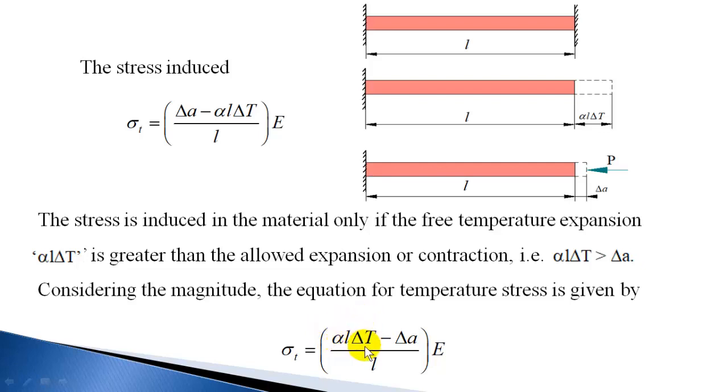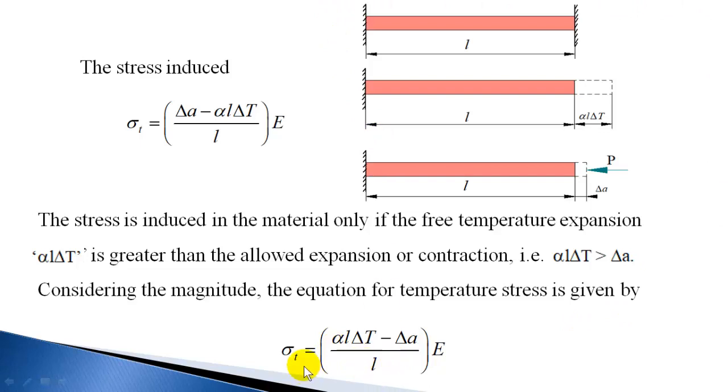So the magnitude of this del T, only the temperature change, you substitute. Don't take it as final minus initial. Substitute the temperature change and substitute the magnitude of the permitted expansion, whether it's contraction or expansion permitted, you take it as positive. And del T also, only temperature change, just substitute the magnitude, that will give the thermal